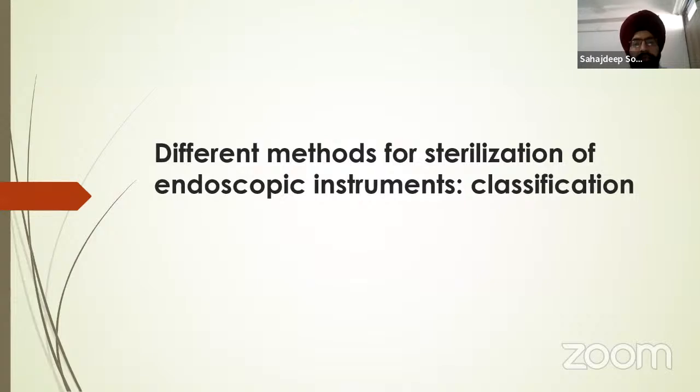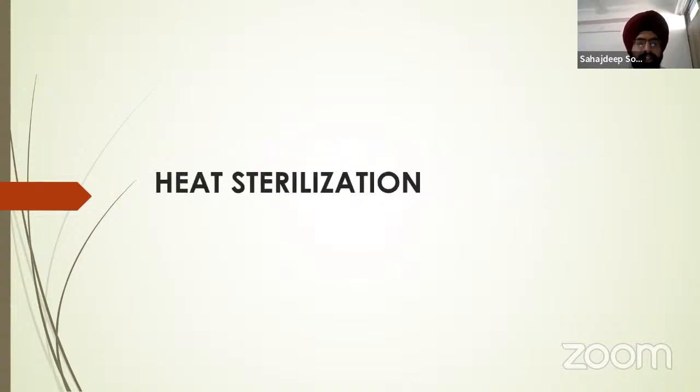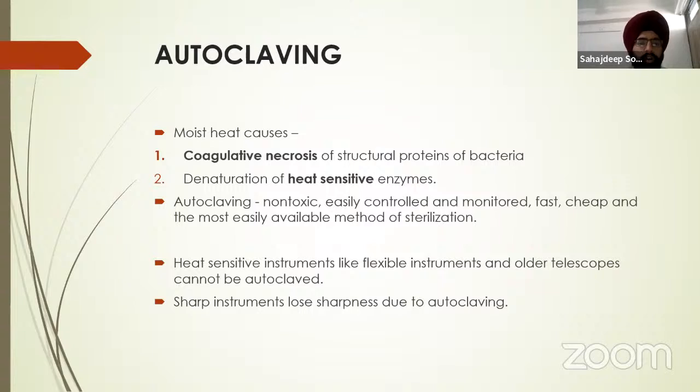Then come the different methods of sterilization. They are classified as high temperature methods and low temperature methods. First is heat sterilization, or the high temperature methods. In that there is autoclaving. Autoclaving uses moist heat, which causes coagulative necrosis of the structural proteins of bacteria and denaturation of heat-sensitive enzymes in the microorganisms. The advantages of autoclaving are that it is non-toxic, easily controlled, monitored, fast, cheap, and the most easily available method